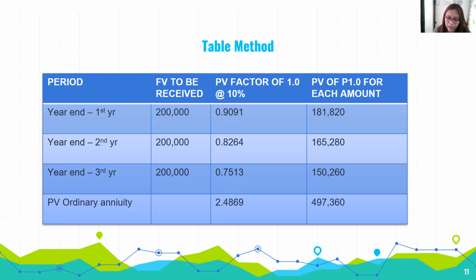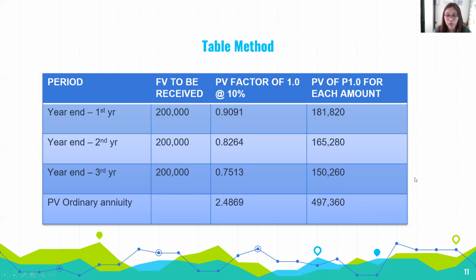Of course, when you divide, try it. Let's do it together. 1.10 divided by, equals. The first equals, that's 1, no? That's its value at 1. Right? Okay. Once you discount it, 9.9. Okay. That's ordinary annuity, no? So, total is 497,360. Okay, just try it all.